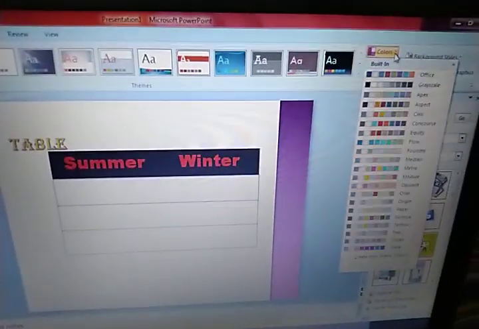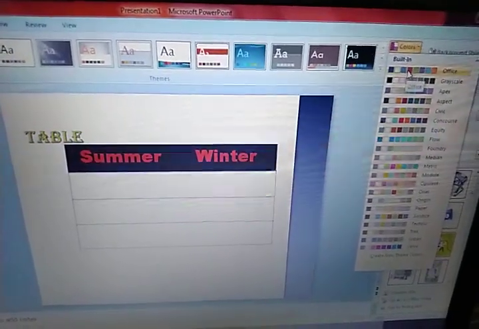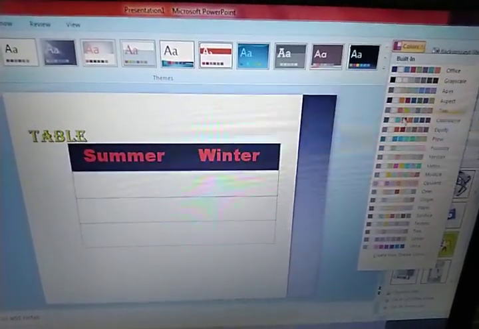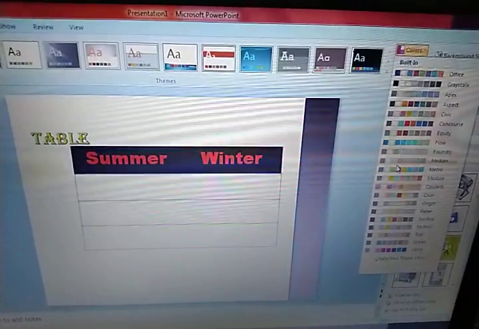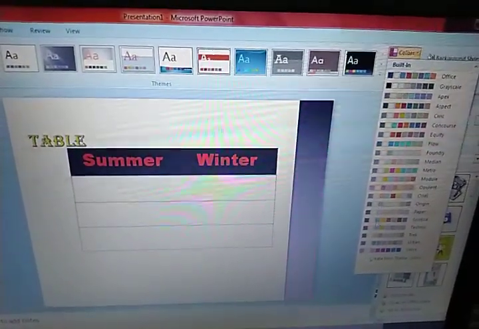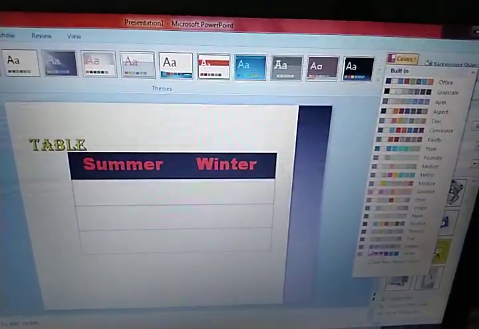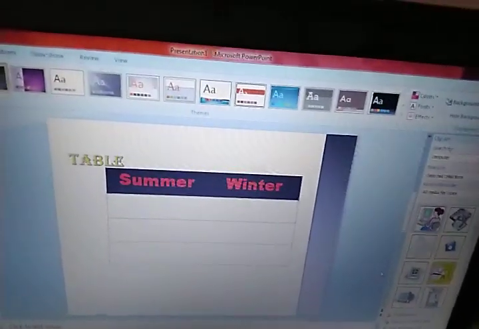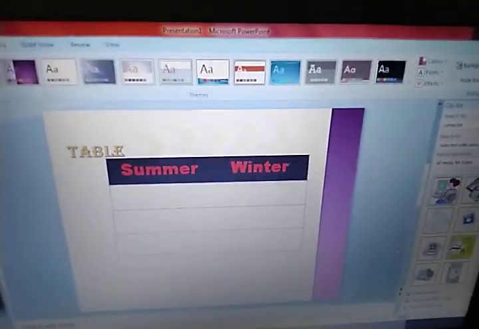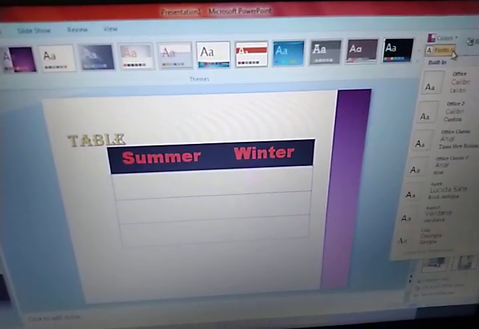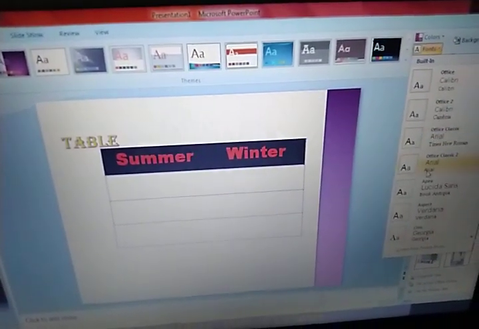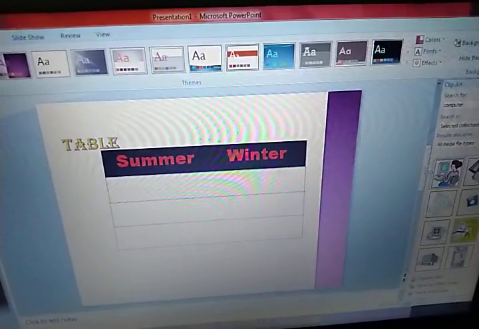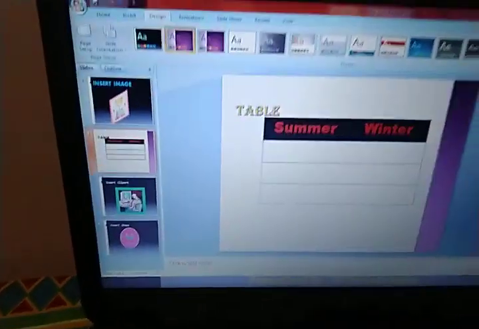Just see here, click on the Colors option and there are different combinations available. You can just try and see how to apply this. Fine. For applying, you just click on this particular thing, choose the color and click on that. Fine. And for the fonts also, if you click over here, your font styles will also be set for this particular theme. Fine.